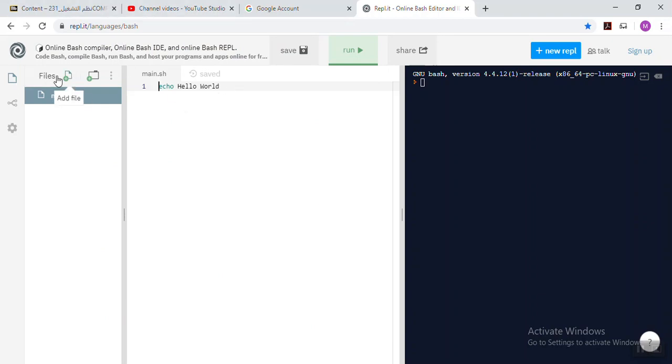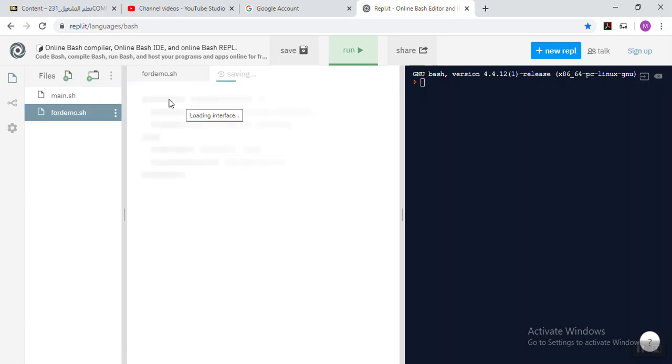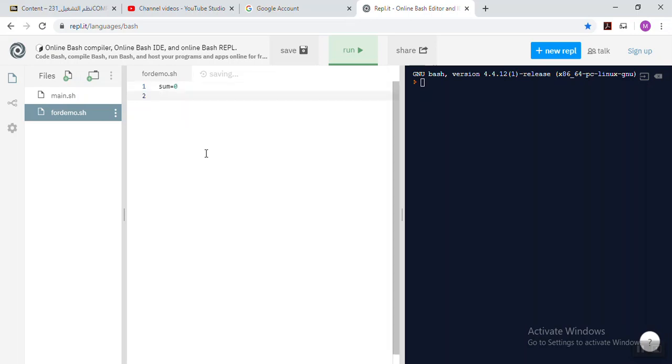Okay, so create one file here for demo.sh. Okay, so what we need now, let us say we need a variable sum equals 0. Initialize the value of sum to 0. Okay, and let us start the loop for d or day in